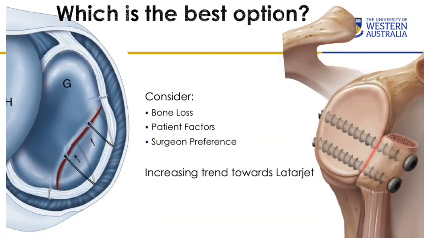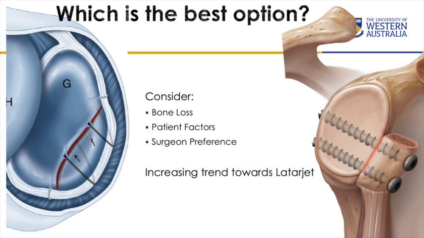Which is the best option? When deciding which surgery to do, we need to consider, first of all, if there is bone loss at both the glenoid and the humeral head. Patient factors that need to be considered are patient age, with younger patients at higher risk for recurrent dislocation and failure of arthroscopic stabilisation,